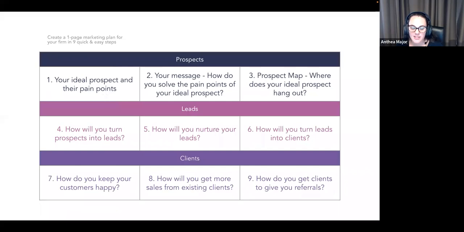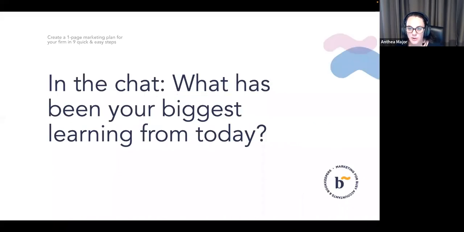Let's just quickly recap what we've done. We went through these 9 stages of the marketing plan. I just want to ask you as well, I'm going to start a poll. Actually, I'm not going to start a poll. What has been your biggest learning from today? Sorry, I can read my own slide. It says use the chat. I just want to know what you've found useful from today, what you've learnt, what you're going to go away and do or look into. Let me know if there's anything on that side of things, and also if there's anything you still have questions about, feel free to send them through now and I can answer them while we're here.